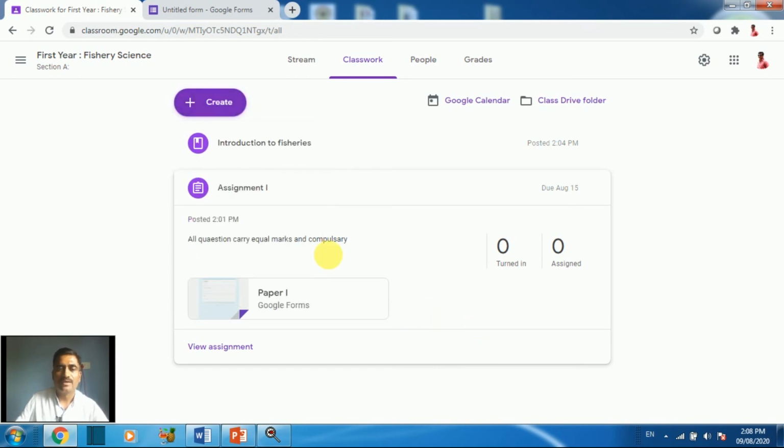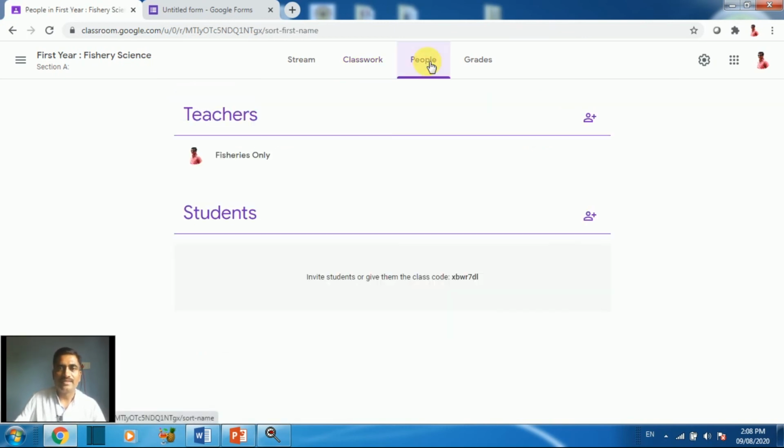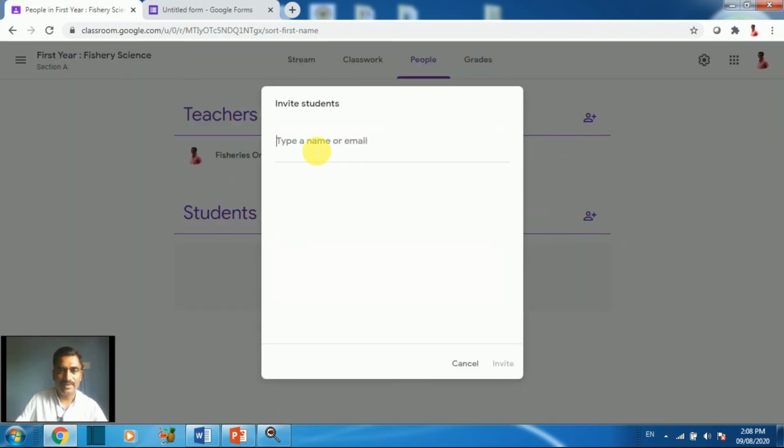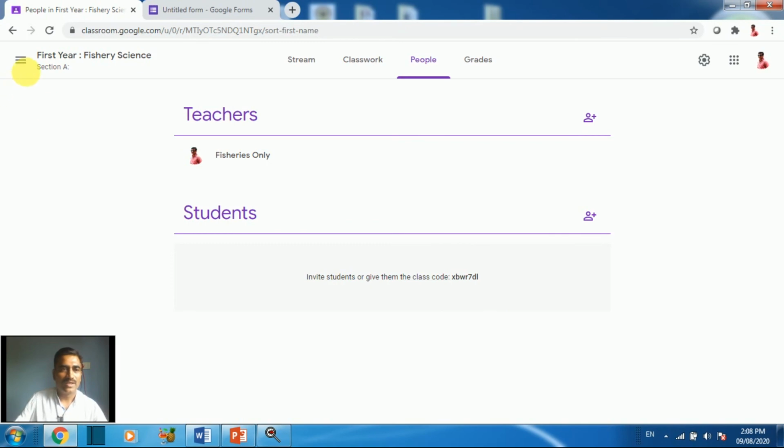Students will be assessed here and they can comment also, you can see here. Then there is a people option. You can add your colleagues as a co-teacher and you can add your class students by inviting students with their emails or directly by sharing your class code.